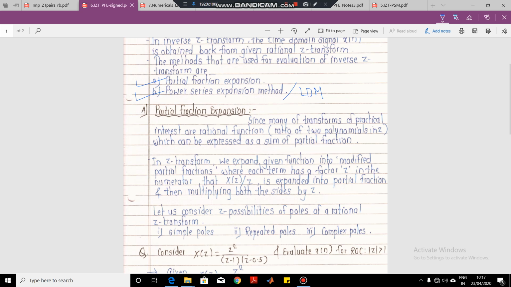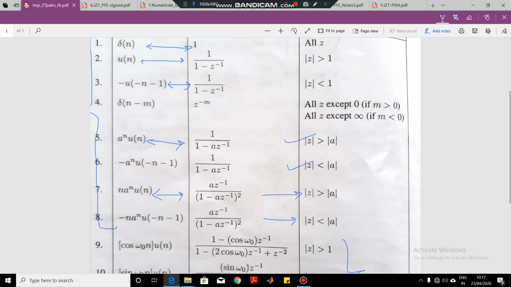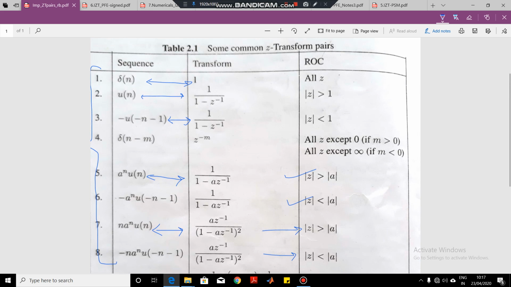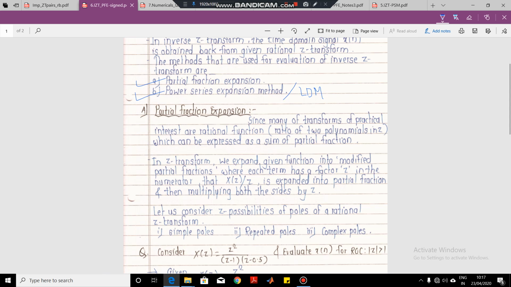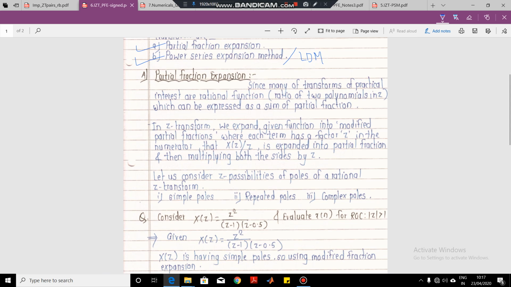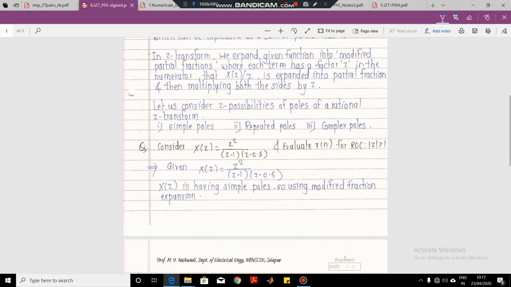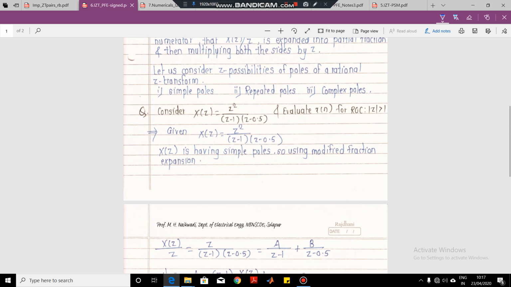And we saw a table which gave us the important Z transform pairs. So this table is very much important. We have to use these standard pairs in order to solve the numericals for inverse Z transform. So now let us move forward to the partial fraction expansion method. The partial fraction expansion method expresses X of z as a ratio of two polynomials in the form of partial fractions. This is a very popular and simple method.